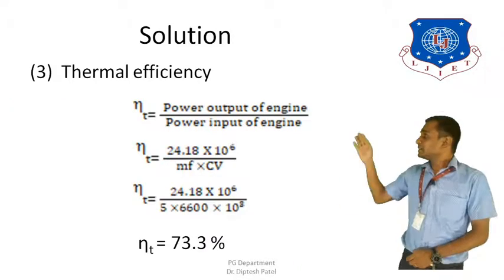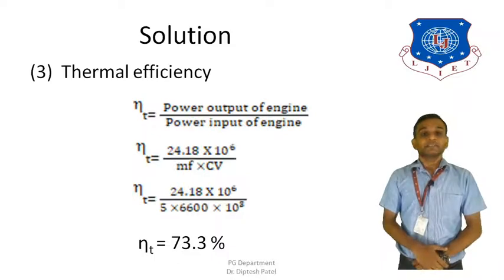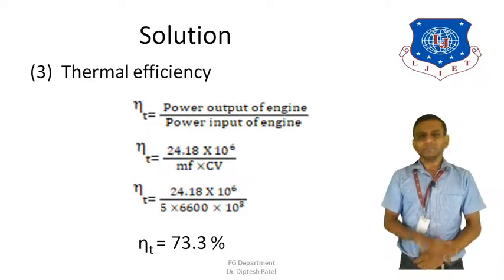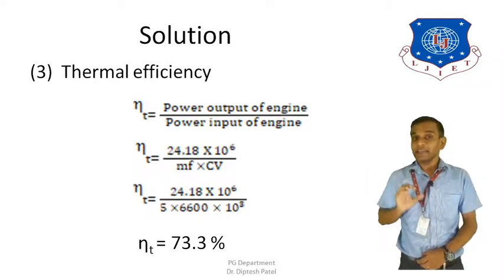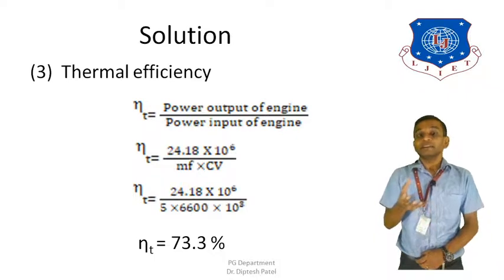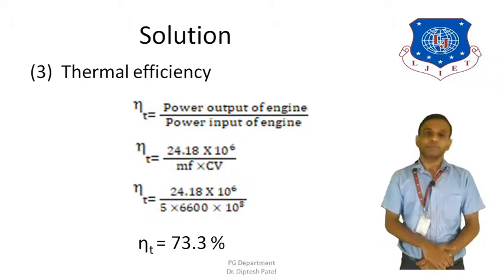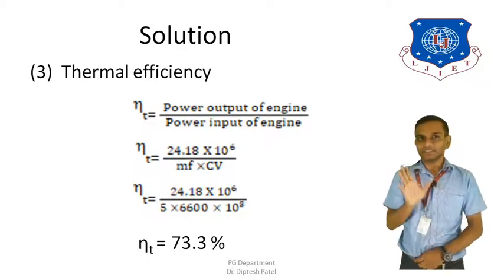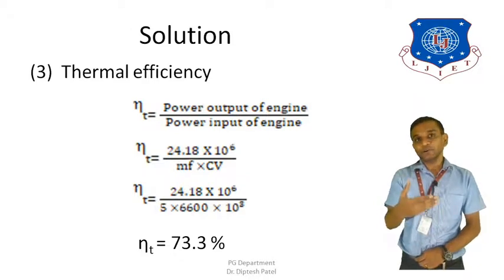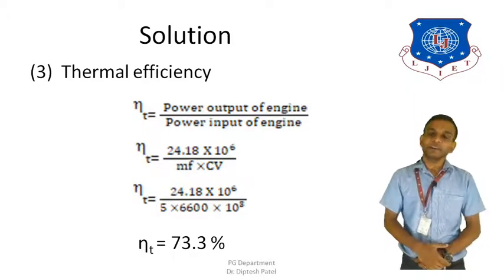Now this is the third thing that we need to find out, thermal efficiency. Now the normal equation to calculate the thermal efficiency would just be the output divided by input. So whatever we are getting as output and whatever we are putting as input. So the formula is very simple, just to calculate the thermal efficiency of any engine or any instrument. So here I am going to use the same kind of formula for the rocket engine too.